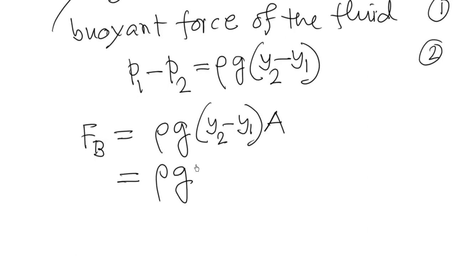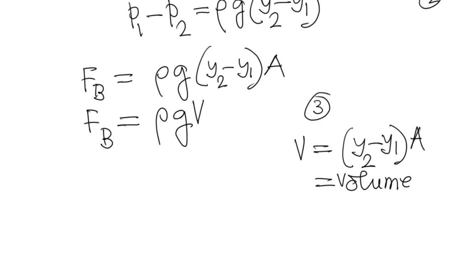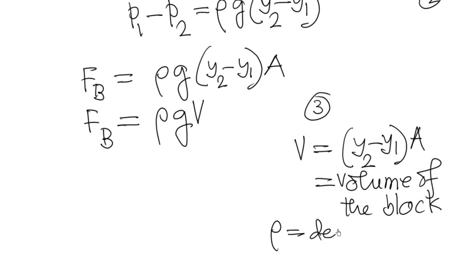So FB equals rho g V. Let us say this is equation 3, where V is (y2 minus y1) times A. Now it is important to note that this rho is the density of the fluid,